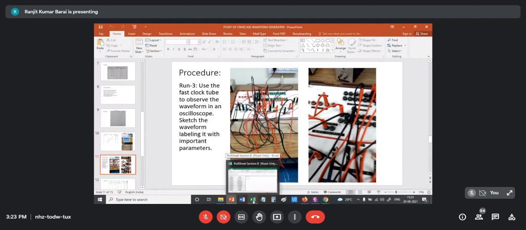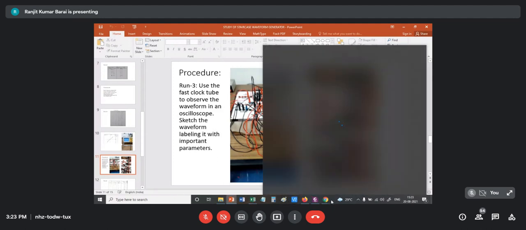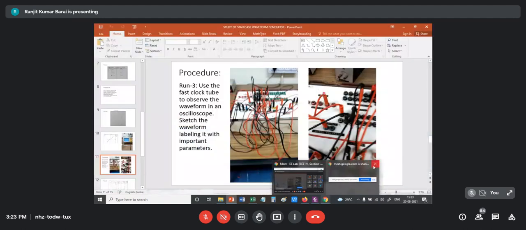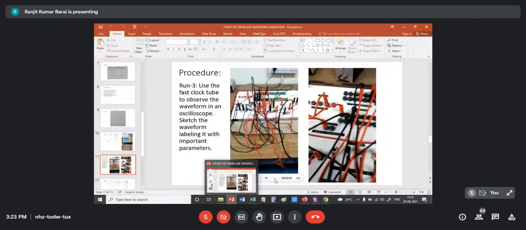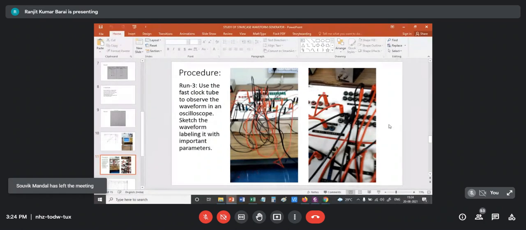Sir, we have to write only the answers? No, no, no. The answer is the report, because I have covered most of that report portion. What is asked in the instruction sheet, I have discussed in this presentation. So you need not do that, because it is quite ridiculous. You did not perform any experiment, and we are asking you to send a report based on some synthetic data.